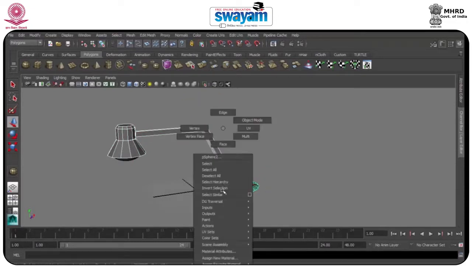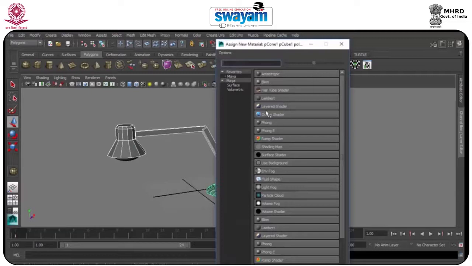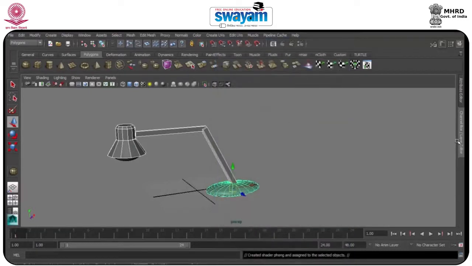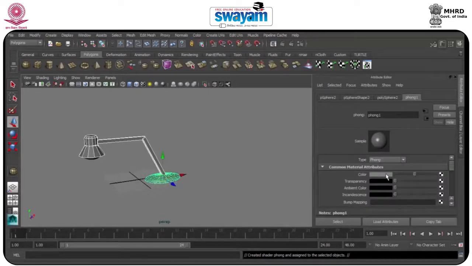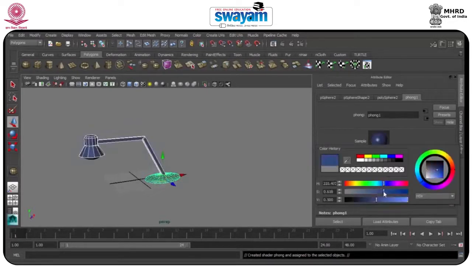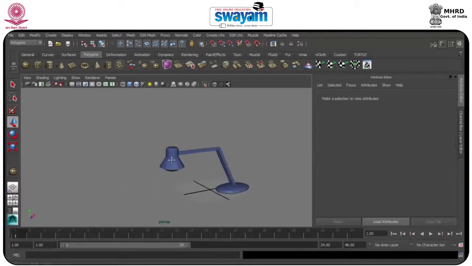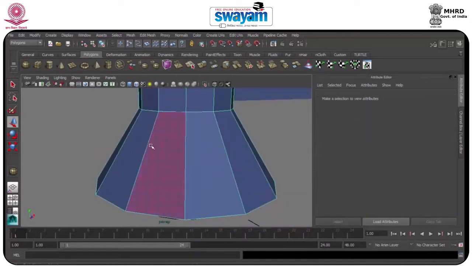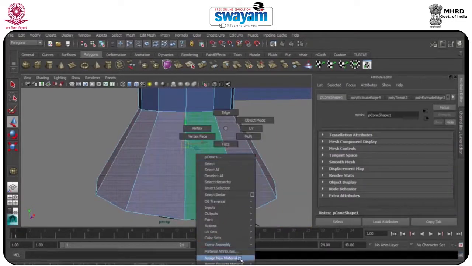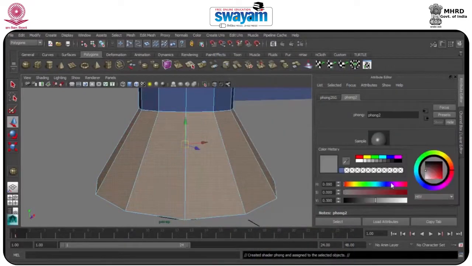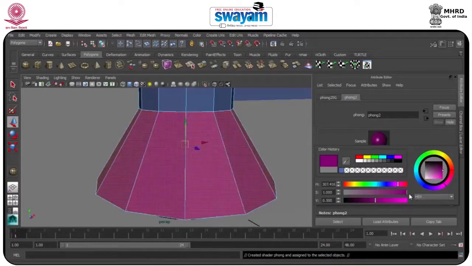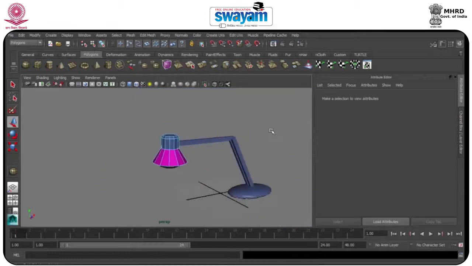and go to Assign New Material, and here we have the Phong. And now we'll go to the Attribute Editor. Here you have the Phong, and you should go to Color, and I will just pick the lightest color. And now I will select this part only. We'll assign a new material, another Phong, and we'll put some amount of color like this. Okay,